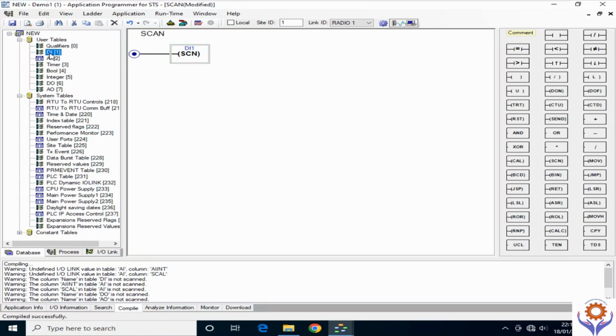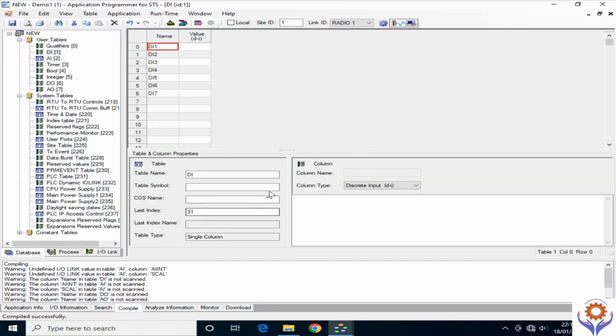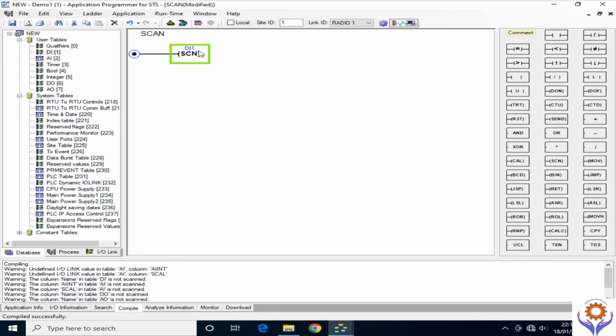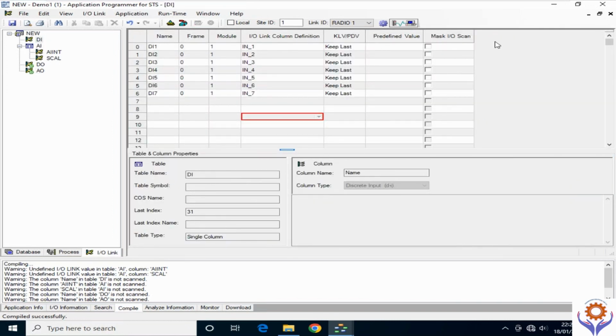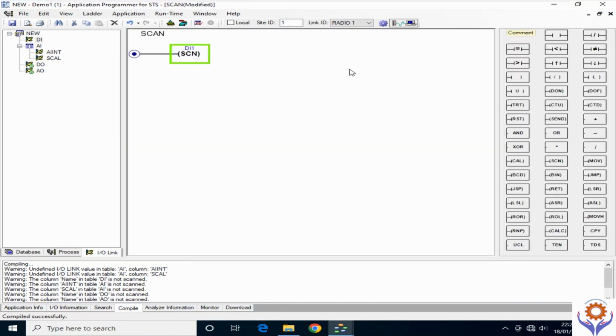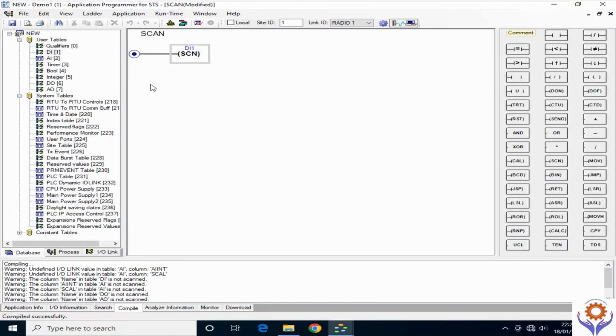So I can put here DI 0 up to 31. Column name DI1, discrete input from module 0, module 1, channel 1. Here, just go here, check it is DI, IN1. Okay, I will add